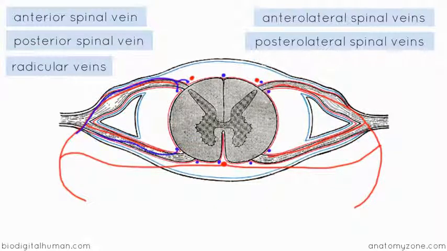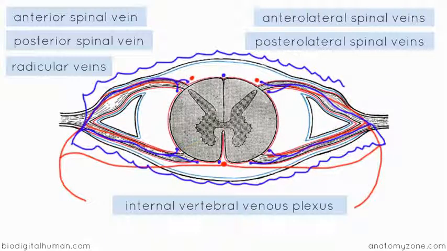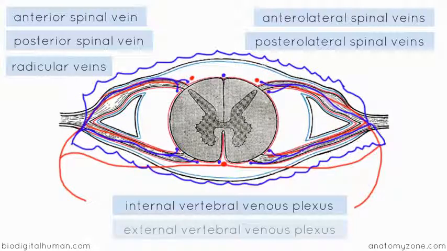And these veins then drain to a venous plexus which sits in the extradural space. So you can see the dura mater covering the spinal cord here. So this venous plexus is known as the internal vertebral venous plexus, and it is situated in the extradural space outside the dura mater. So then what happens, the blood from the internal vertebral venous plexus then drains to another plexus, which is the external vertebral venous plexus,